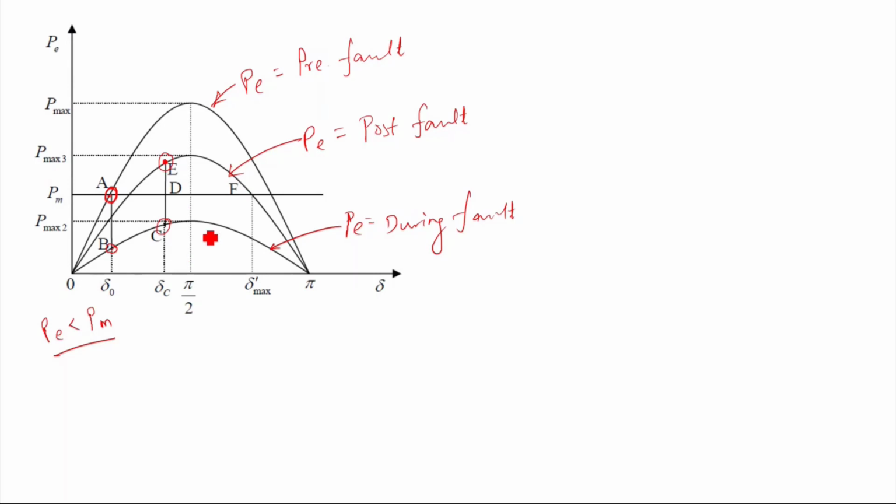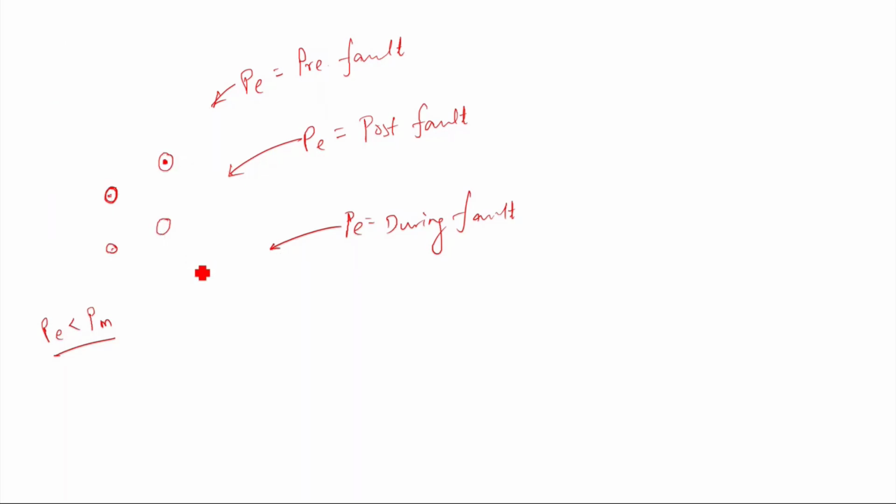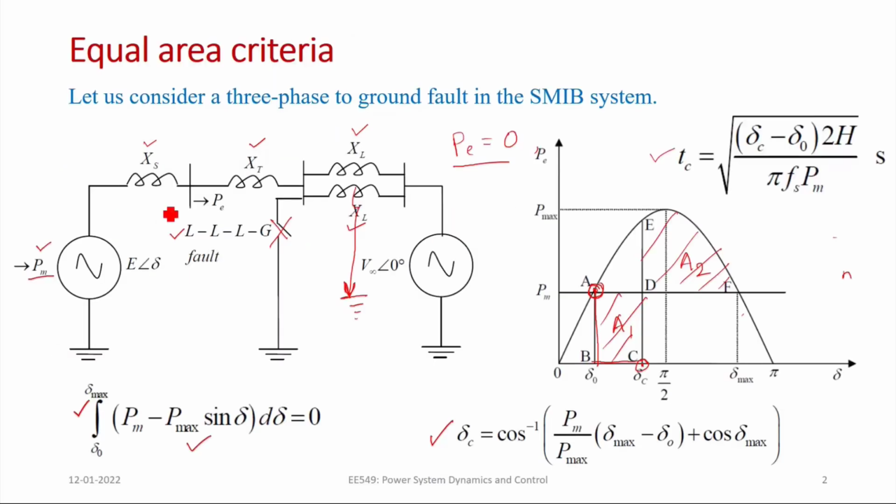What is the meaning of clearing of the fault? Here we can see it. Generally, the transmission lines have circuit breakers at both the ends, right? As soon as the fault occurs, these two circuit breakers at both the ends will isolate this transmission line. So when the fault will occur here,